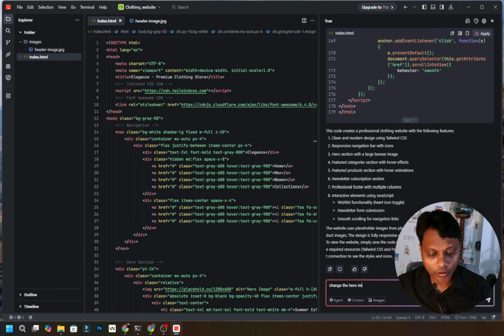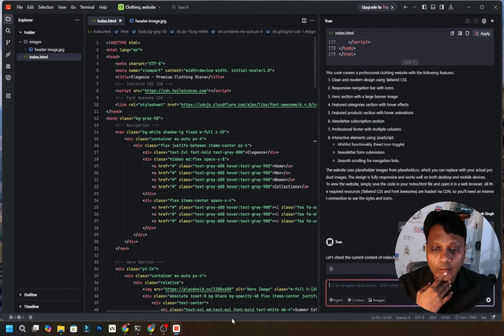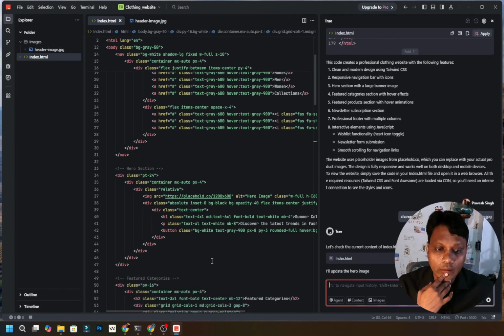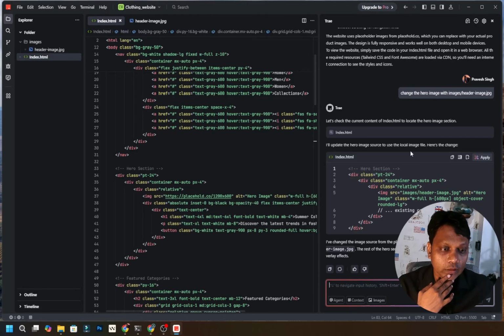So let's say, change the hero image with images slash header dash image dot jpg. Let's see how it goes. So it has done it. So let's click on apply